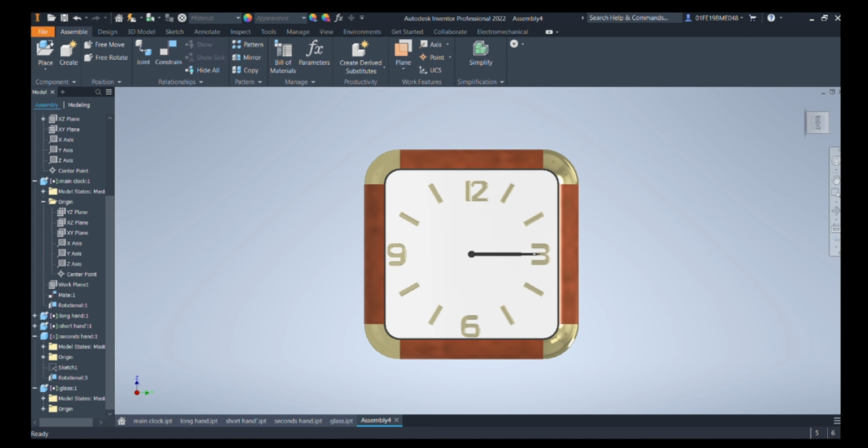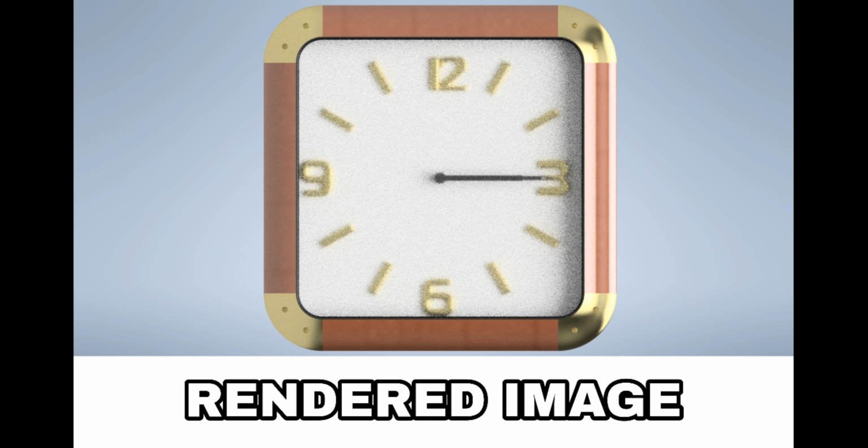Again, we can do many things in this model, like I haven't added other minutes notation in it. We can do that, and it's basically a Recon company quartz clock, so we can add those things too. It will really make the model fantastic. This is just a tutorial, so I haven't added much to it. Again, we can further go for rendering and all those things, so I will show you rendering in the later part, so how it really looks.